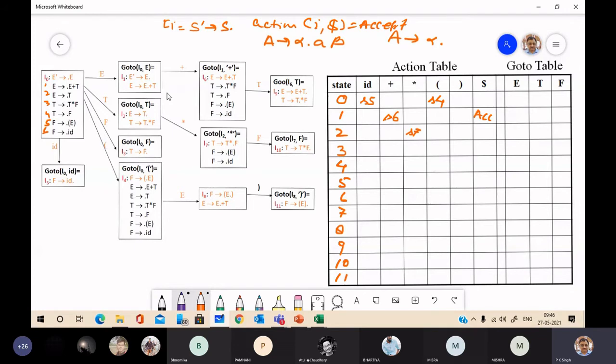E to T is production number 2. So R2, under follow of E. If you see, the follow of E is dollar. You have already computed that.